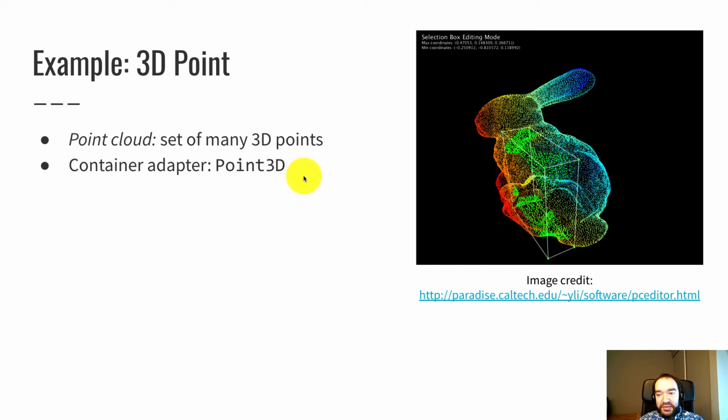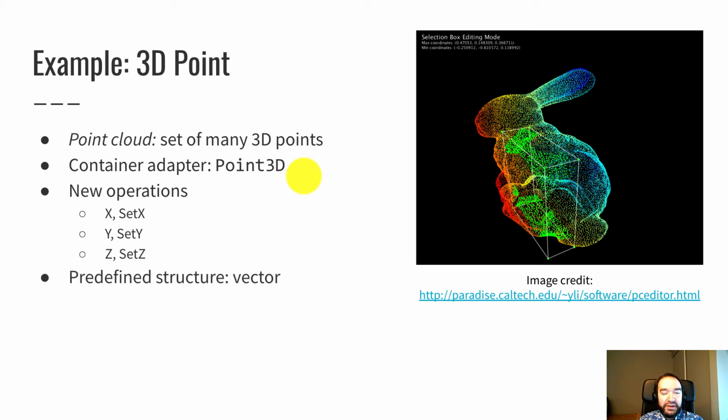There's a few ways of implementing this, but to illustrate the idea of a container adapter, I'm going to show how you could create a container adapter to implement a three-dimensional point. So first, let's look at the new operations. This is the new API we're trying to implement using technology we already have. There's an x accessor and a set x operation to mutate the x coordinate, and the same thing for y, I can get y and set y, and the same thing for z, I can get z and set z. So those are the 6 operations that are new that I need to implement.